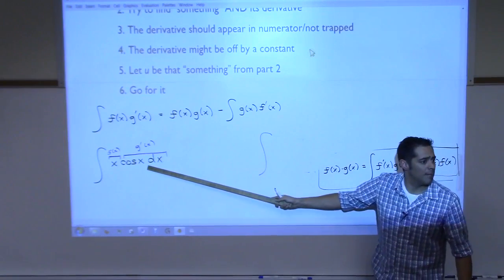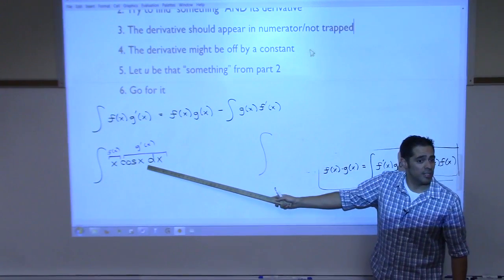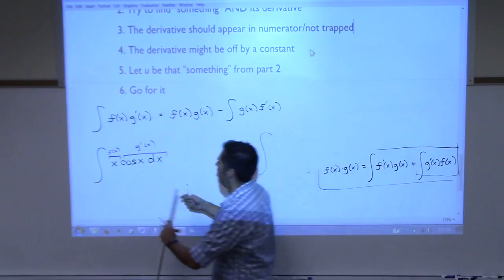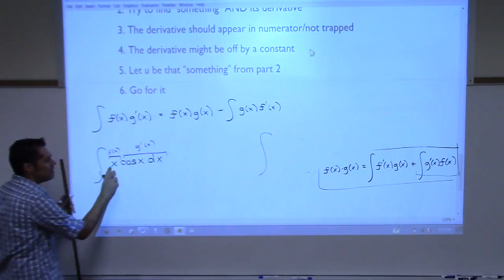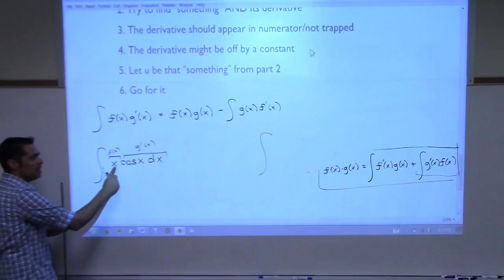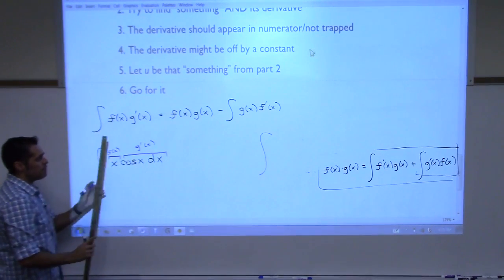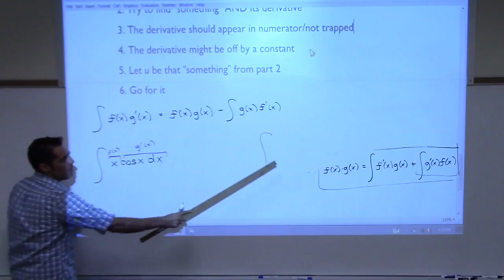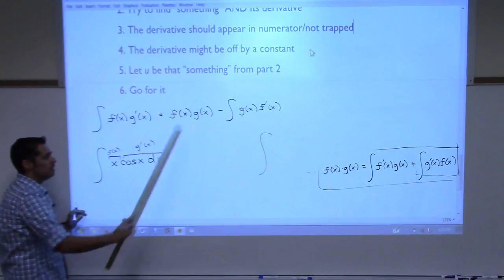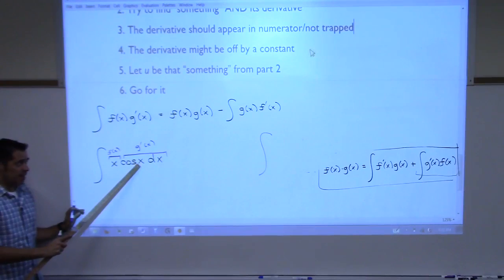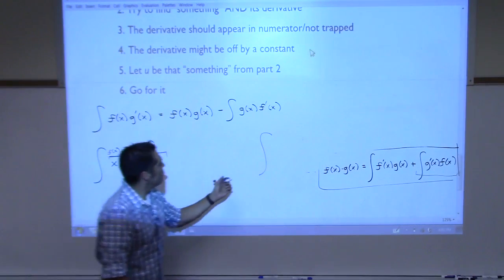Well, that's g prime, isn't it? So what's g? Sine x. Look, I'm looking at an integral and I'm trying to identify one function as being f and the other as being the derivative of something else. In the new integral, instead of this g prime being over here, I have g. And the antiderivative of this is g, which is sine x. So my new integral is going to have sine x over here